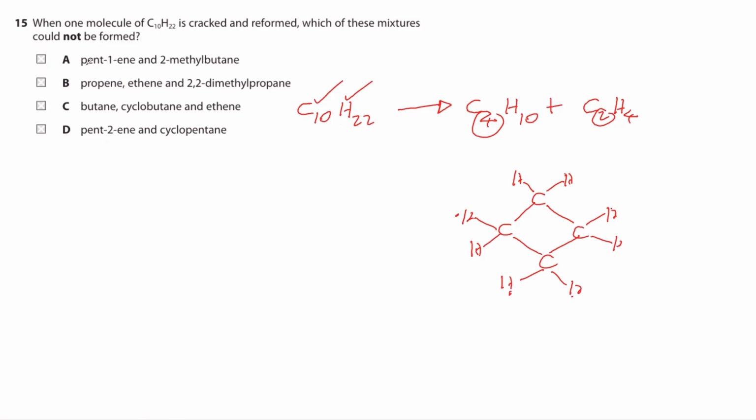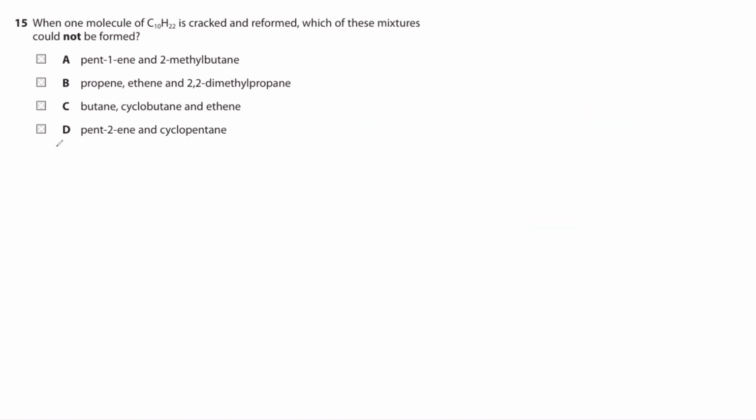If A is the right answer, B is the right answer, C is the right answer, you don't have to do the D, because if you are sure about your basics, D is our answer. So let's see whether it's the real one. C10H22, we are just trying to confirm it, but in the real exam, if you are sure about the method you followed for A, B, C, just mark it as D. So you get pentene, so it will be C5H10,